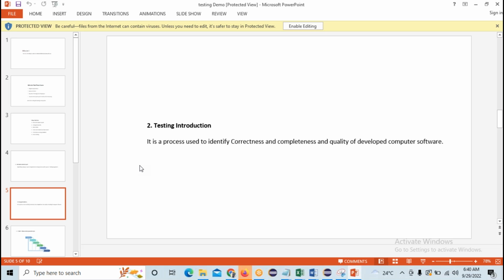No one knows what is meant by testing. For example, if you want to buy any car, before buying, you went for a test ride, right? Are you guys aware about the test ride? Yes. In the test ride, what will you do? We'll drive the vehicle and we'll test. Basically, we just check it.